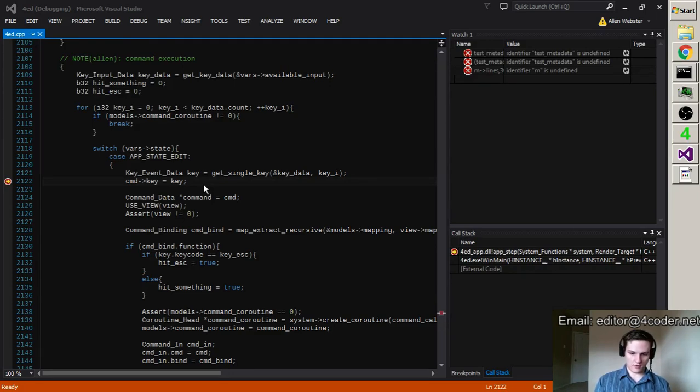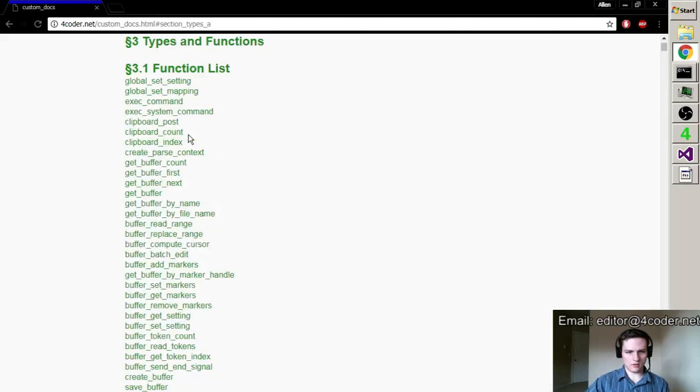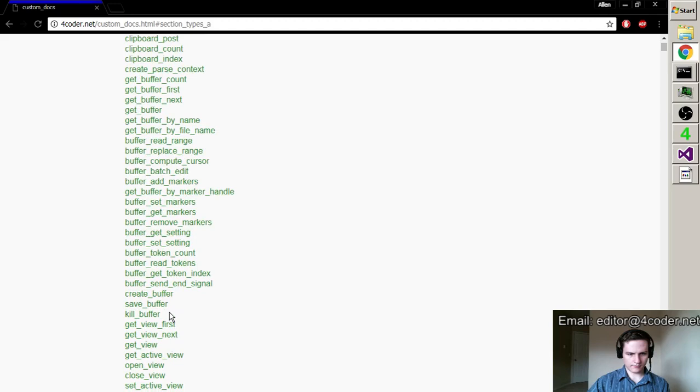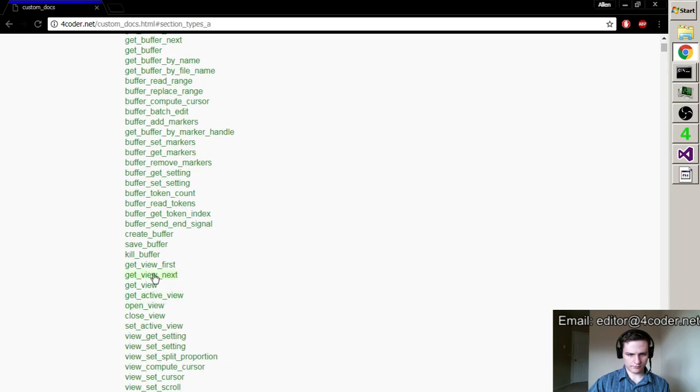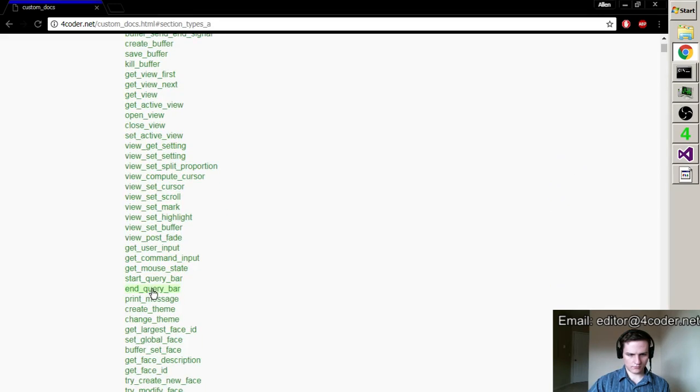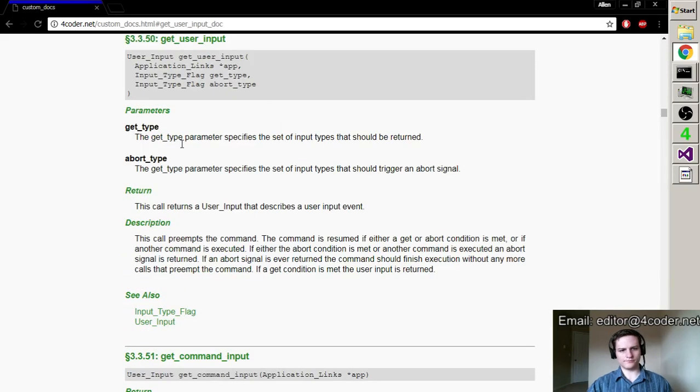But the primary purpose of it is to run commands. Basically all the user commands get run in the coroutine, not in the original main thread. And the reason for that is so that they can do things like get user input.